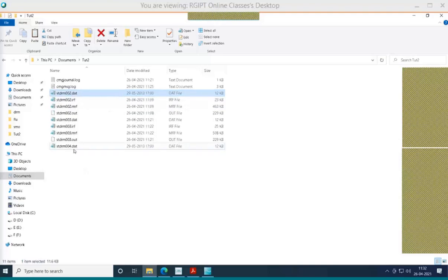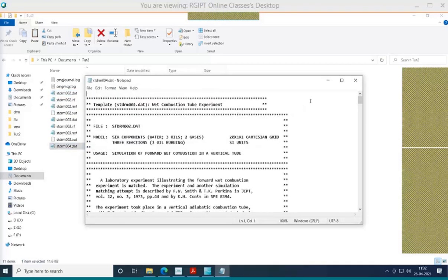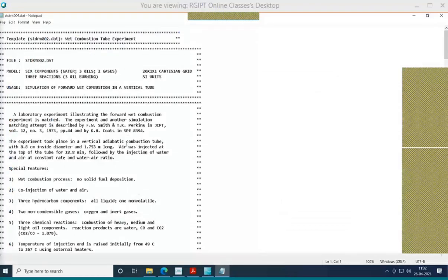So we can open it in Notepad, and here we have the grid partition 1 into 1 into 20. Let us just change the value to 5 into 5 into 20. I am not changing anything else. Here I have changed the dimensions of the grid and I am saving this file.